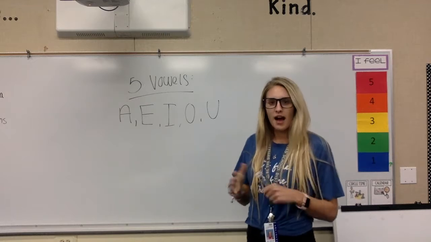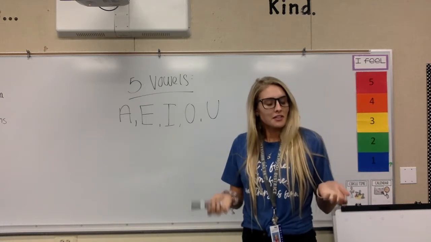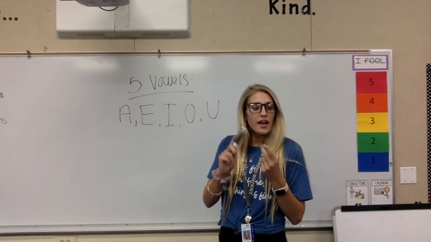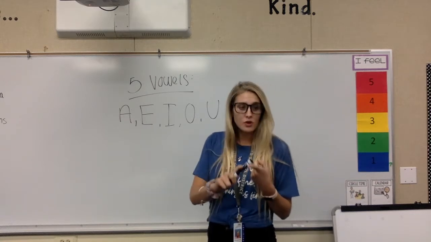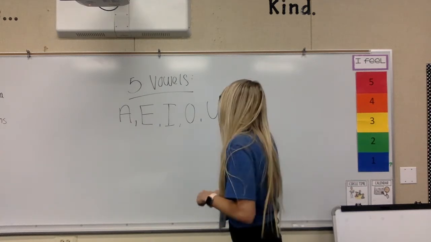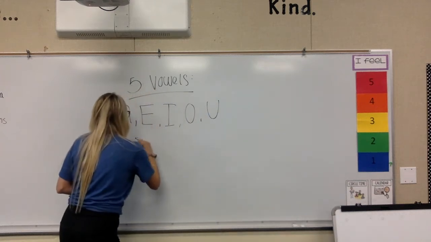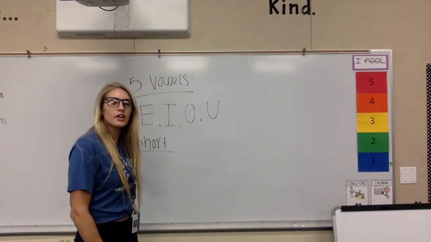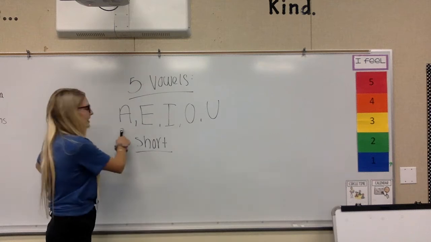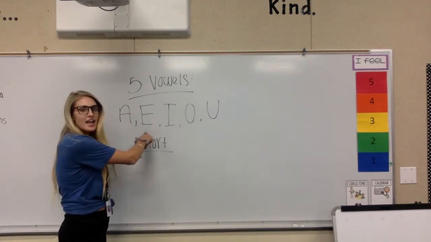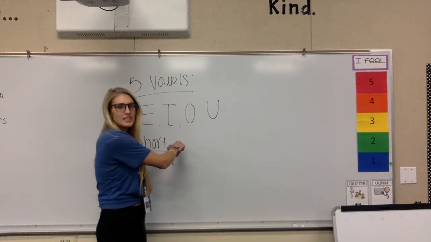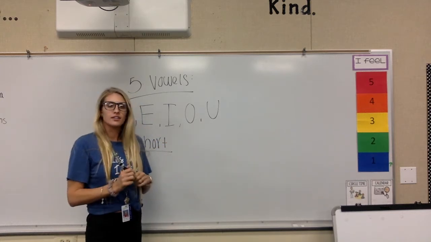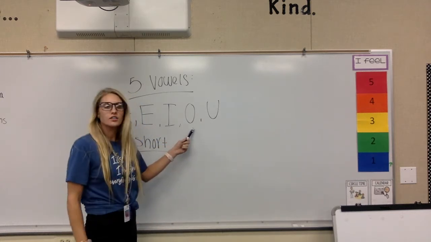Okay, so with our 5 vowels, I'm going to teach you something a little different today. With these 5 vowels, we have something called short vowels and long vowels. And that means that they have short sounds and long sounds. So our short sounds are going to sound just like as if you were doing the alphabet. So A says A, E says E, I says I, O says ah, and U says like up, or octopus,